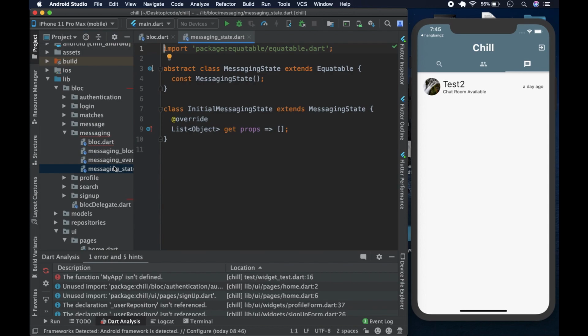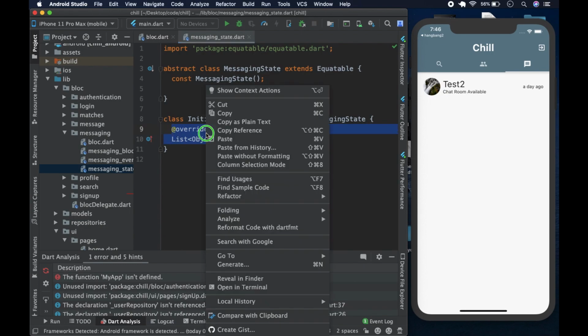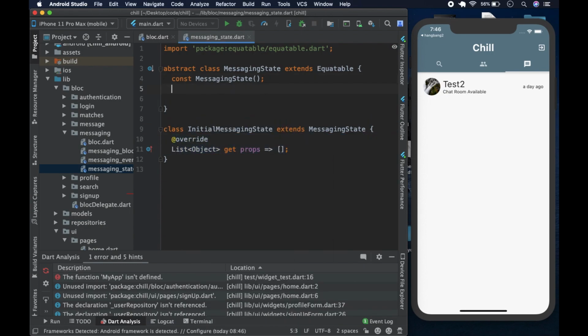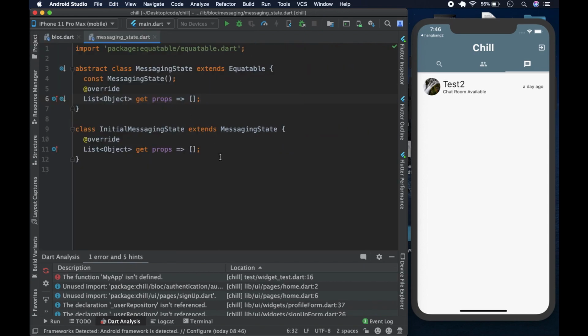So we are going to start as always in our state. Of course, I've talked about abstract classes and how Equatable helps us while we're building, and what this line of code does. It's for comparing. We could just copy this like so, and put it up here. This will help us a bit, and give ourselves a bit more real estate.